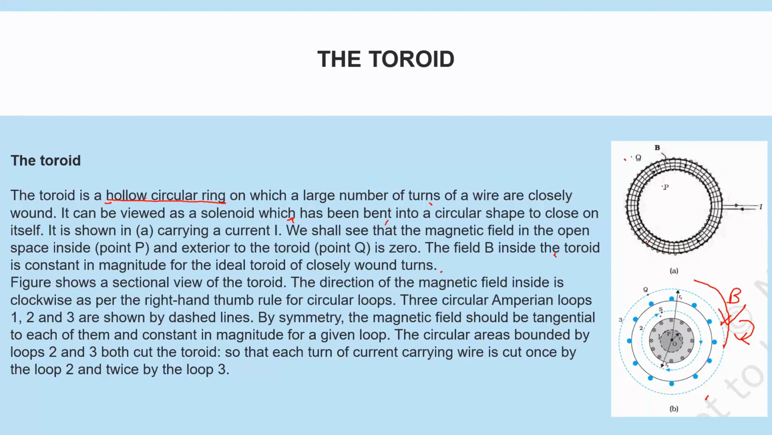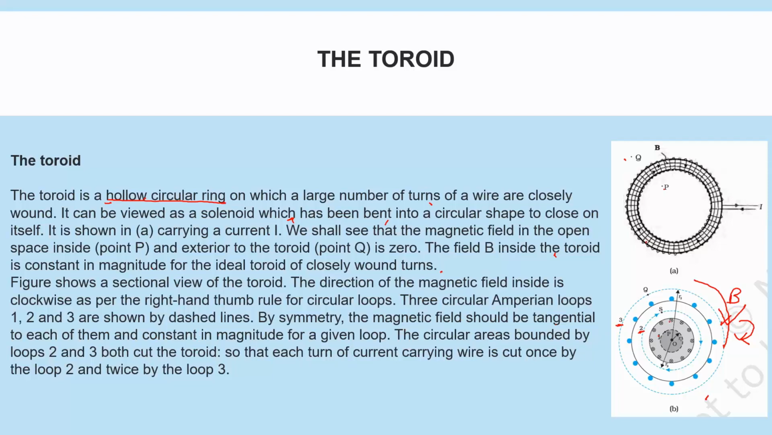So you have three circular Amperian loops over here, 1, 2, 3. Okay, so 1 is the inside one, this is 2, and this is 3. So you have 3 Amperian loops over here and they are circular in nature. Then by symmetry, the magnetic field should be tangential to each of them and constant in magnitude for a given